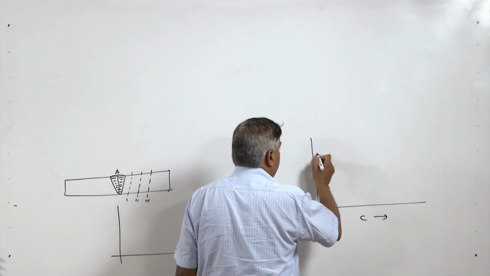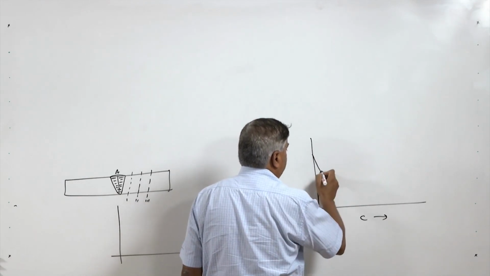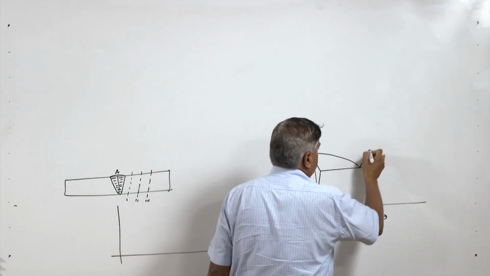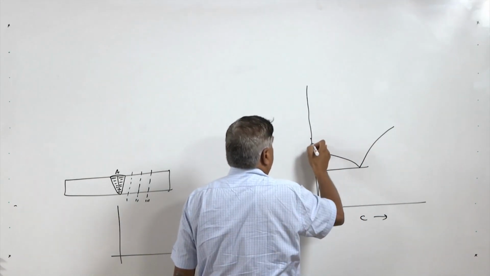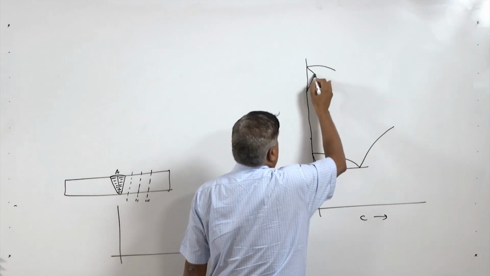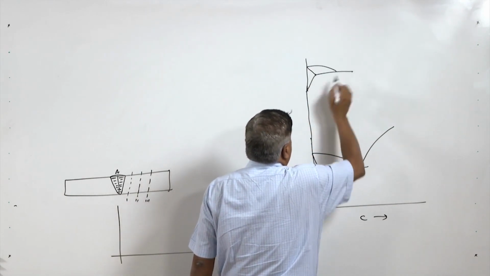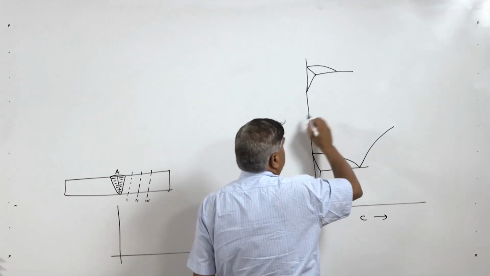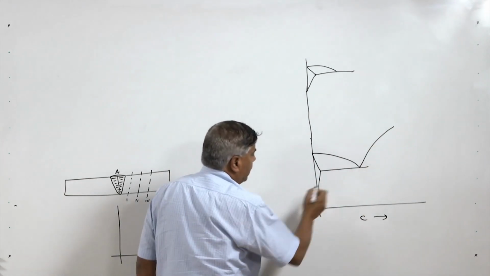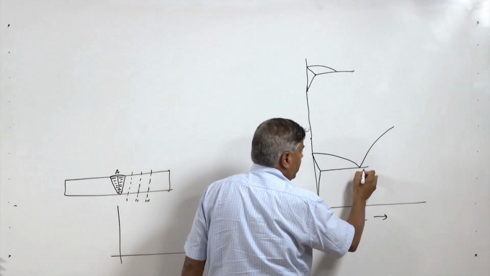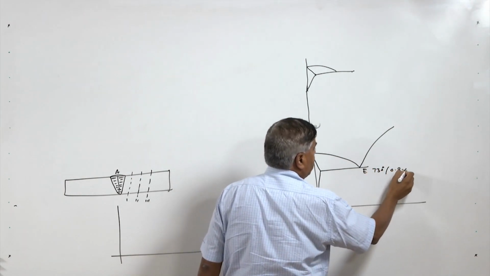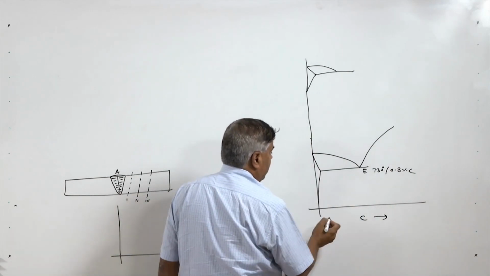For that, we will see the iron carbon diagram first. So, here this is our alpha zone, and this is the eutectoid zone, and here we have the delta phase zone, like this. Here this is the eutectoid point which occurs at 730 degree centigrade and 0.8% carbon content,